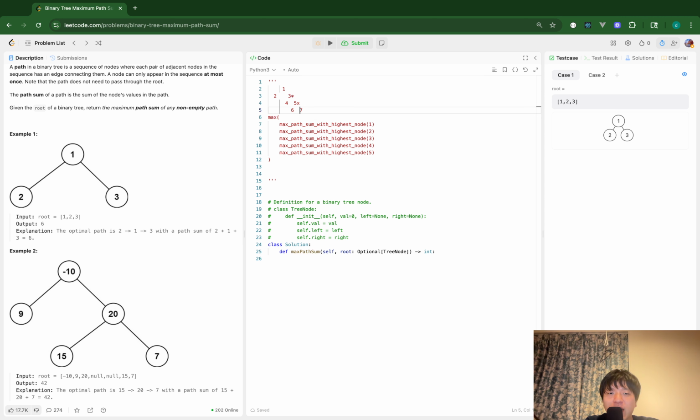So obviously it cannot be 6, 5, 7, because if I choose that, it doesn't go to node 3. And also it is covered in the highest node 5 case. So in this case, I will think, 5 plus 7, 12, or 5 plus 6, 11. So once I get that sum,